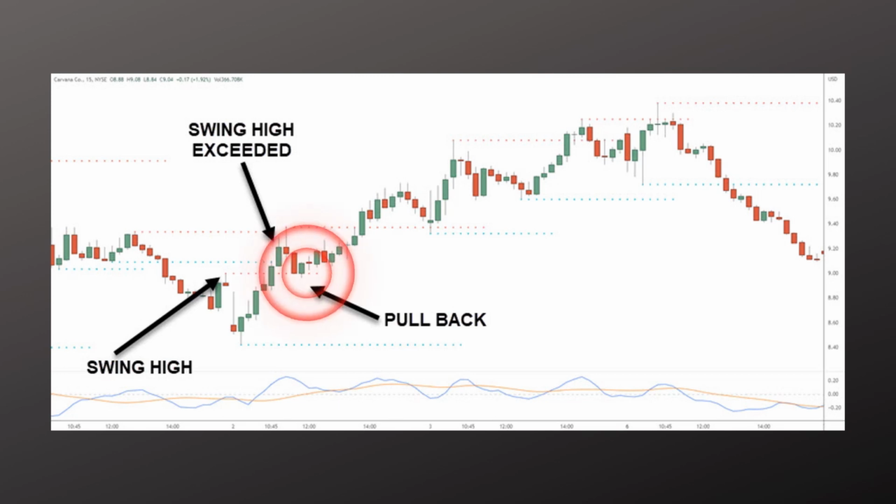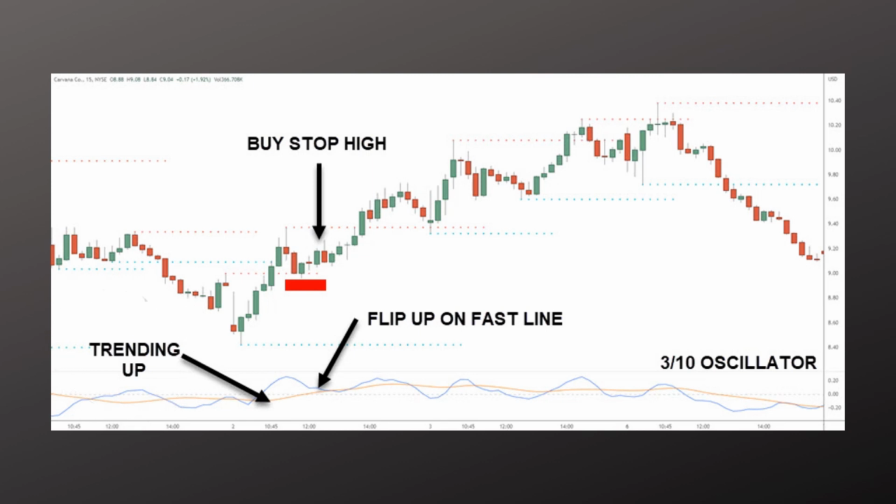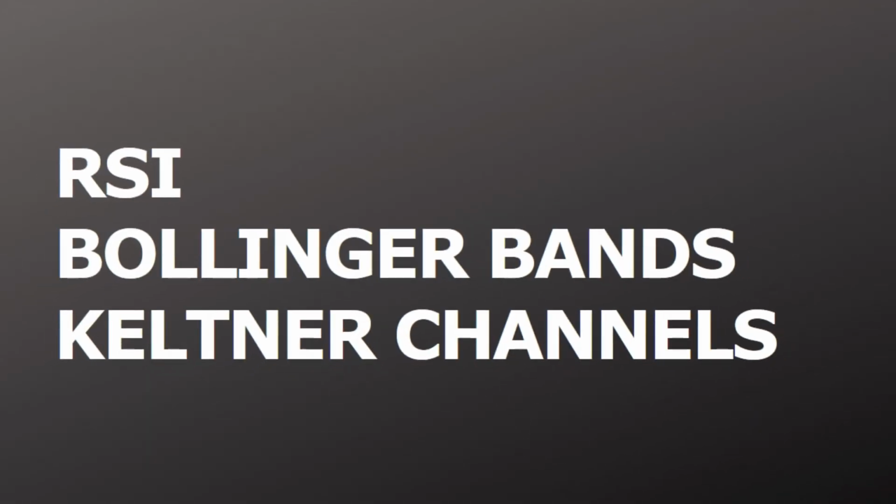Price pulls back to a former swing high zone, and then we look at the oscillator in the bottom panel of the chart. We want to see that slower line trending upwards, and that's going to indicate bullish momentum. Now we can use a flat line, but what we don't want to see is it curling to the downside when we're buying. Now look at the fast line. We can see it hooked to the upside. We place a buy stop order above the candlestick that turned it. Stop loss goes below the low point prior to the reversal. Pretty simple. We can use technical indicators like Bollinger Bands, other averages, or the relative strength index to help confirm possible breakouts